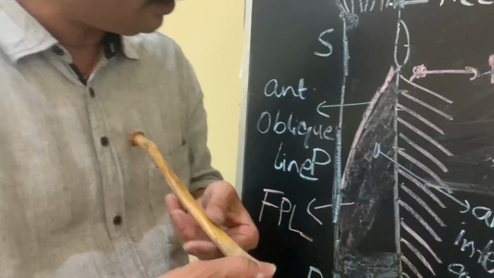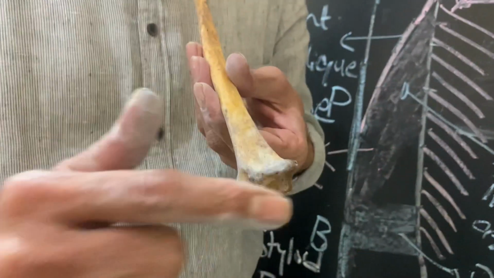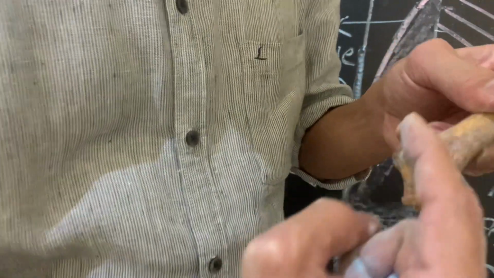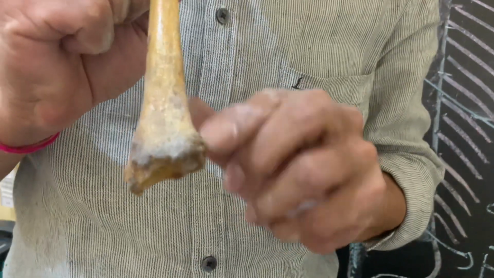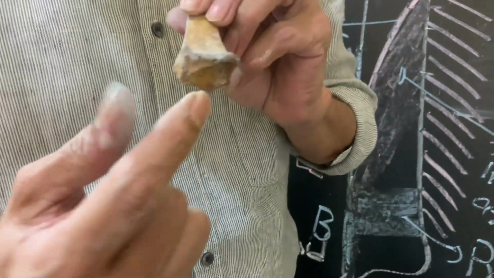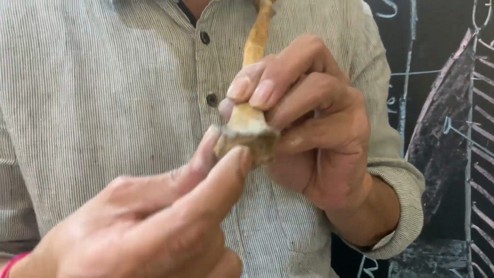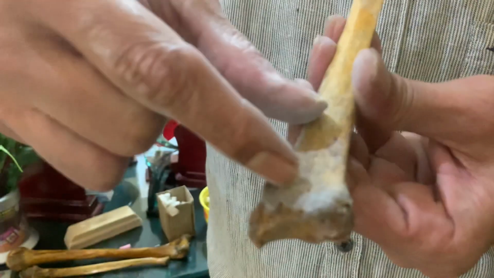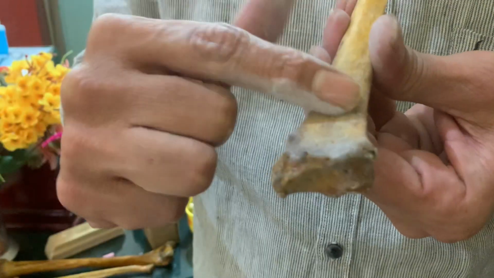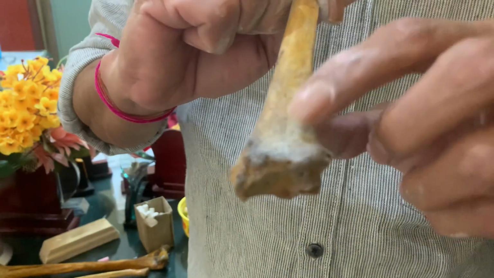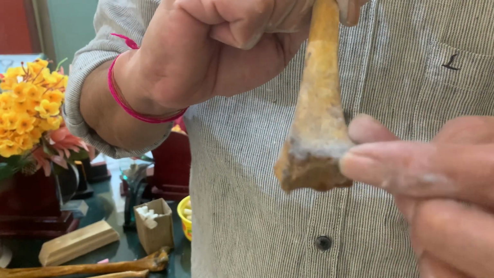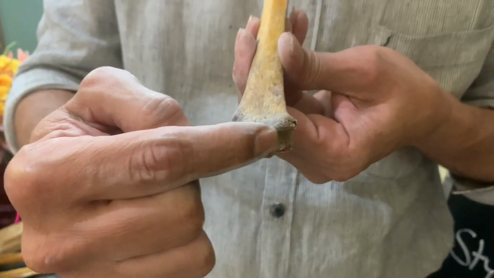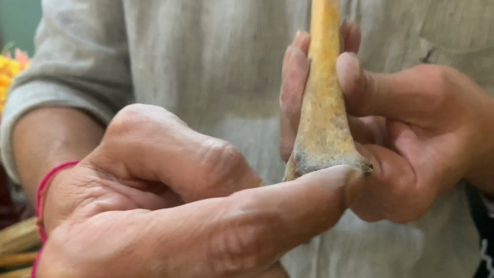Now coming to the distal end of the radius, which has an anterior surface, posterior surface, medial surface, lateral surface and inferior surface. This one is the inferior surface. The anterior surface of the lower end receives the insertion of the pronator quadratus, and it is separated from the inferior surface by a sharp crest-like border, which receives the insertion of the palmar carpal ligament.